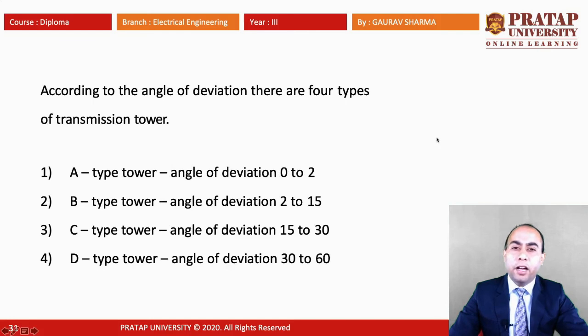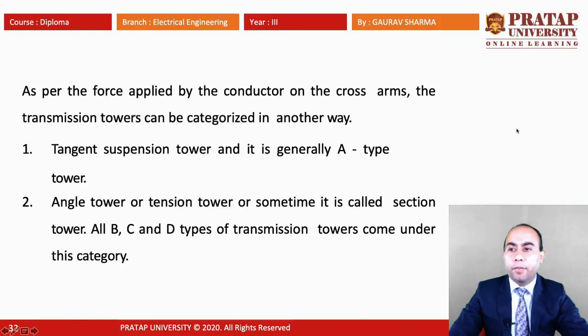We divide our transmission towers into 4 categories. That is, A-type tower, which has an angle of deviation of 0 to 2 degrees. B-type tower, which has an angle of deviation from 2 to 15 degrees. C-type tower, which has an angle of deviation of 15 to 30 degrees, and the D-type tower, that is 30 to 60 degrees. As per the force applied by the conductor on the cross arm, the transmission tower can be categorized in